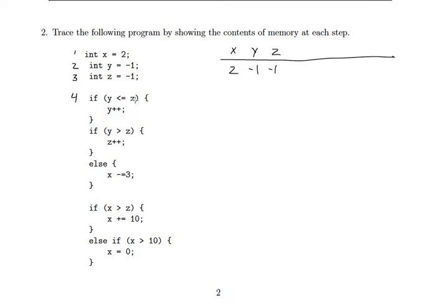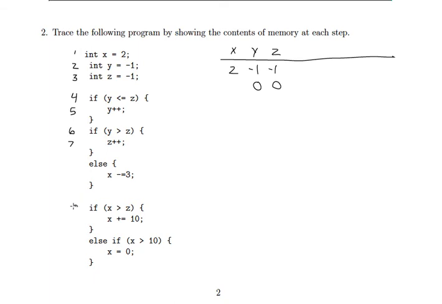All right. Is -1 less than or equal to -1? Yes, it is. Okay, so therefore, Y goes up by 1. Increment Y. That becomes 0. Now, this is a separate if. It's not an else, so I'm going to actually do this test at line 6. I don't skip it. Is 0 greater than -1? Yes, this is also the case. Now I increment Z. This else is connected to this if, so because I've gone into here, I skip this one, and that means